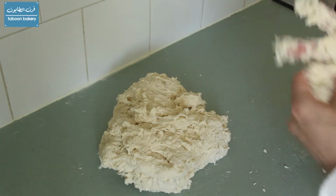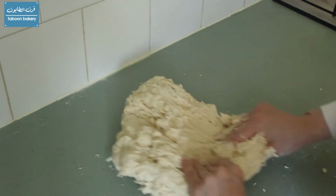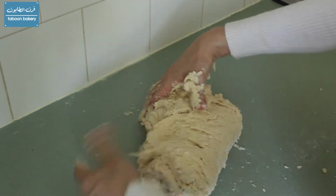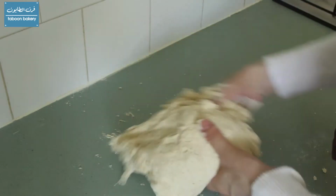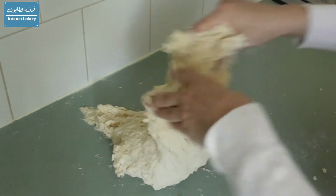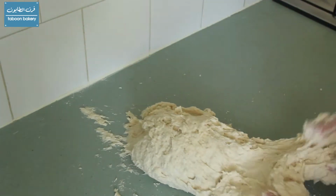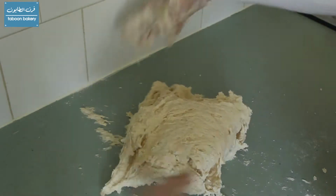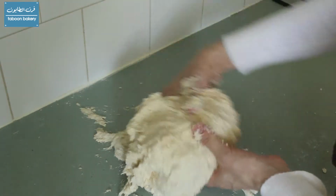Now I'll put the dough on my bench without adding any flour, and now I'll be showing you a new technique of kneading, which is a French way of kneading that does not involve adding any flour. So as you can see, it's very sticky. So what I'll do, I'll stretch the dough, fold it, half a turn, and then slap it to the bench and repeat. So again, stretch the dough, fold it on itself, half a turn, and slap it, and you just